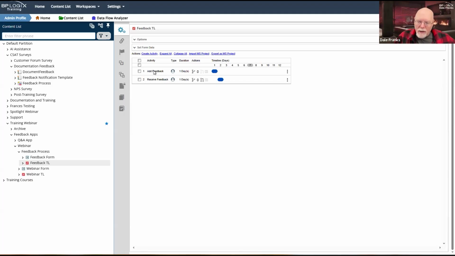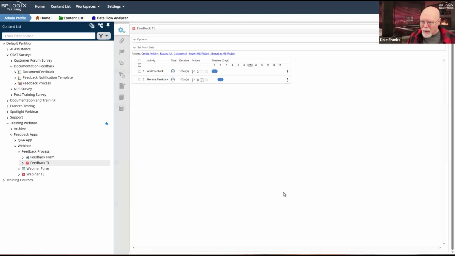You're still going to need the timeline initiator to have an activity assigned to them because they have to fill out the form or you don't have a feedback to process. So whatever the processing steps are for your feedback don't really matter in the context that we're discussing now, but it does matter that you have add feedback. Your initial user has to be able to submit it because of the way that we're invoking it.